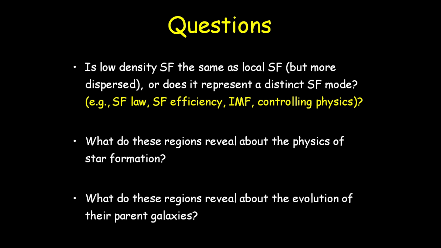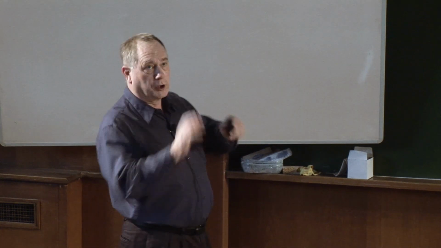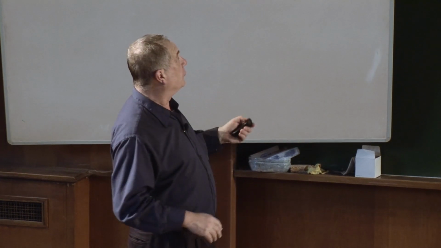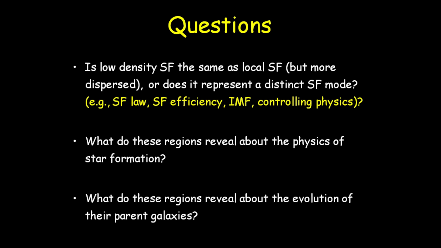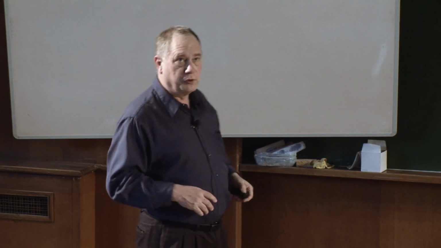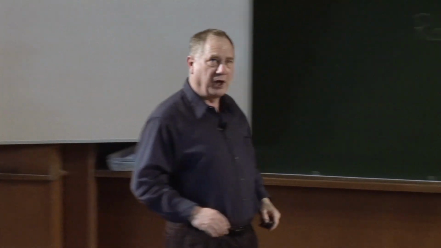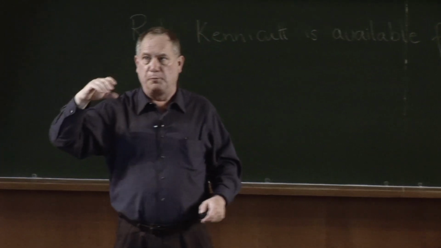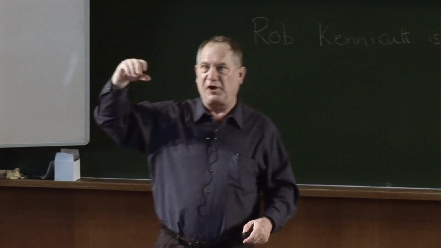What can we learn about the physical factors controlling star formation by looking over a wide dynamic range in properties, comparing these regimes to those locally? And number three is a rather general question, but I'll give you at least one example at the end of the talk of how we can apply this. Apart from using these dispersed star-forming regions to understand star formation itself, these regions, these clusters and H2 regions, also provide us with signposts, essentially test particles